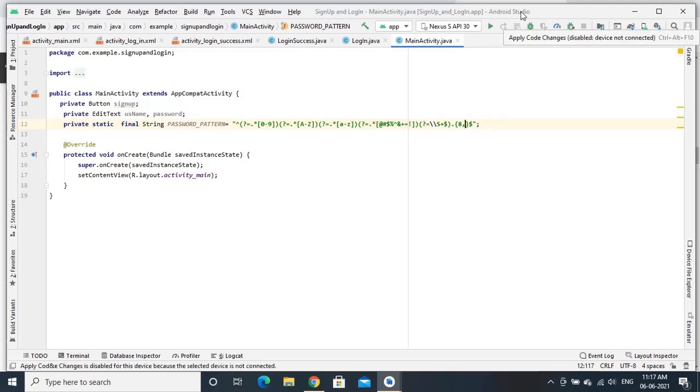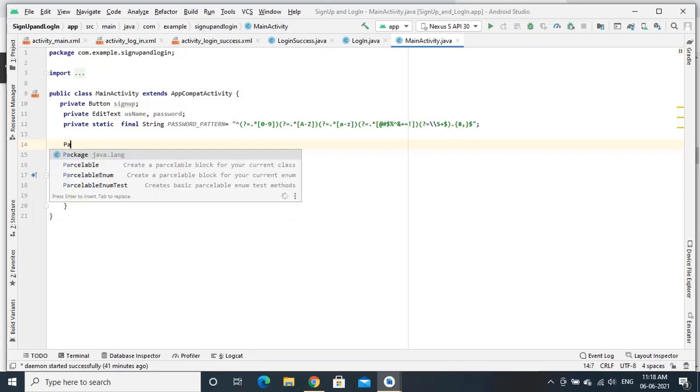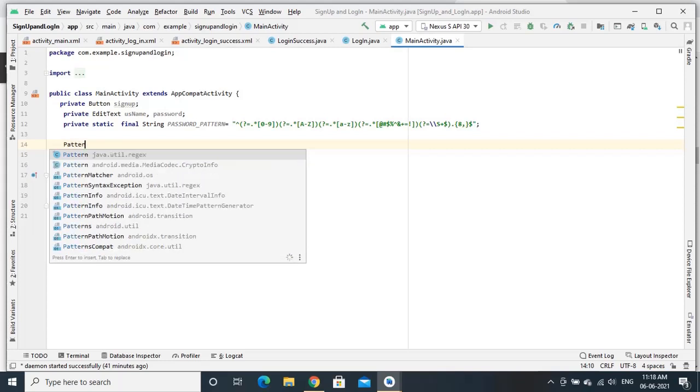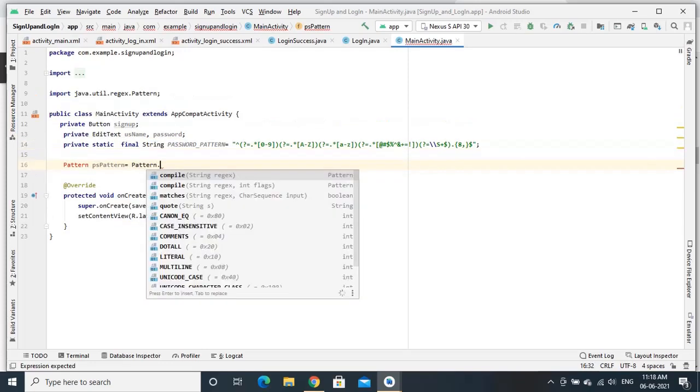This much we have in the initialization part. Next, we define the pattern. Here we use a class called Pattern to compile the regular expression we have used. I declare an object reference, that is a variable, psPattern is equal to, we have a function called compile.